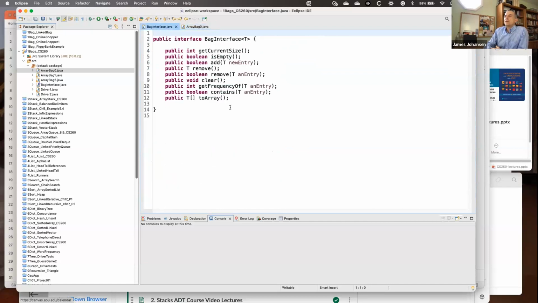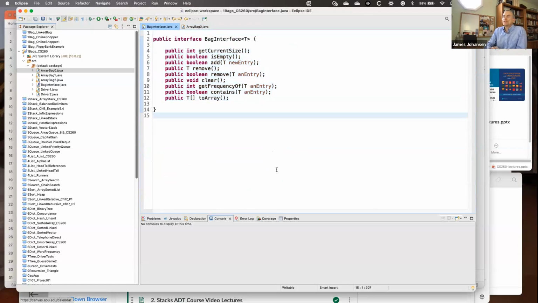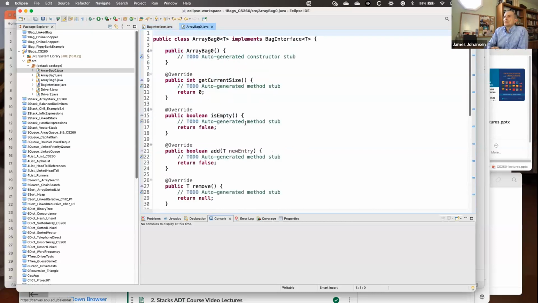What we're going to find out is there's actually more methods in this than there are for some of the next abstract data types that we're going to be exploring. But this will at least give you an idea, something to think about. And so this really isn't going to do anything.